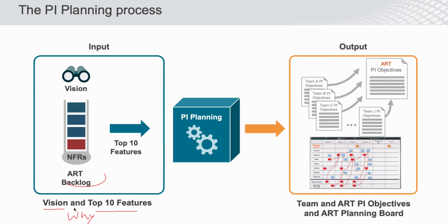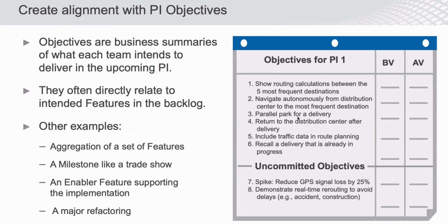Right, so we are coming prepared with two inputs, and we are leaving with two outputs. What are those two outputs? We've got a planning board, which looks like this. This is what we use to manage our dependencies. More on this tomorrow. And we have something called PI objectives. Okay, what are PI objectives? These are high-level statements or sentences, which look something like this, which summarize the intent of your